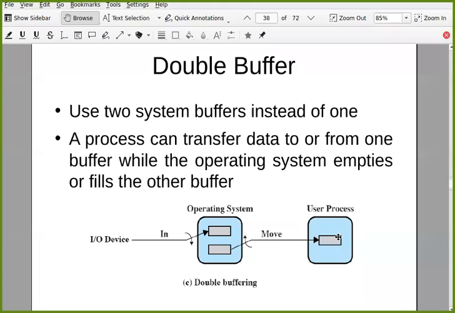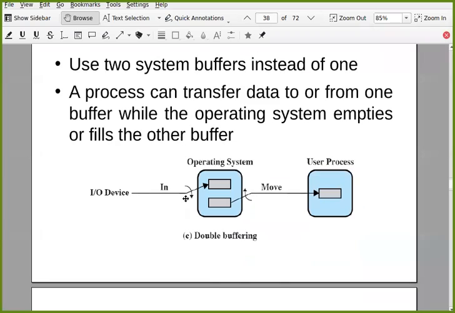So in one buffer, whatever content is there is being moved from system space to user space, and while it is being moved, the other buffer which is empty is also reading some data, or it can also write some data. So reading and writing can be performed in parallel. A process can transfer data to or from one buffer while the operating system empties or fills the other buffer. So that is double buffering.